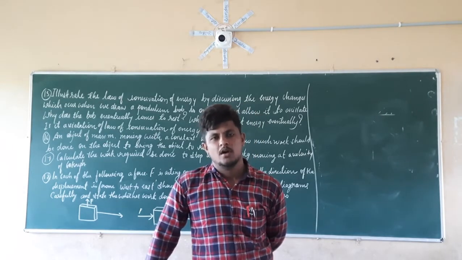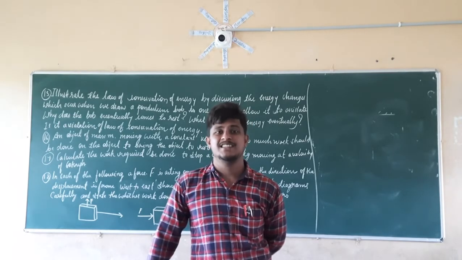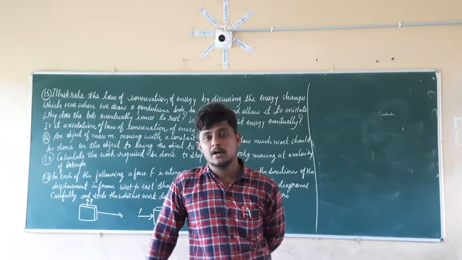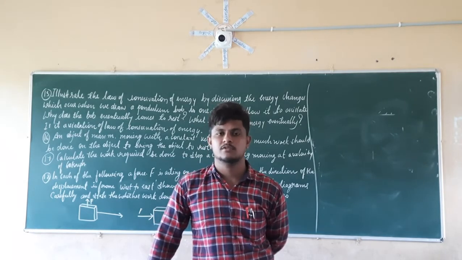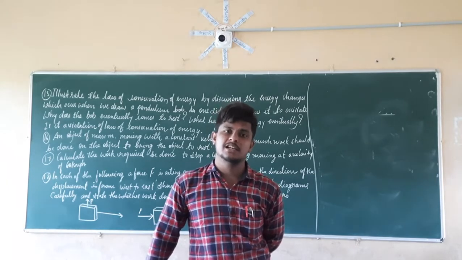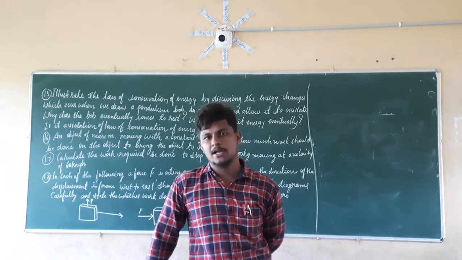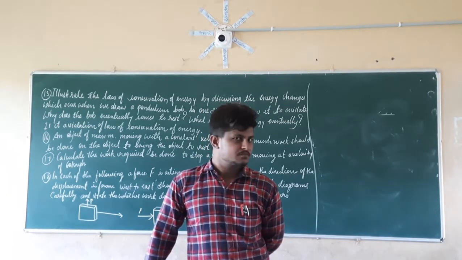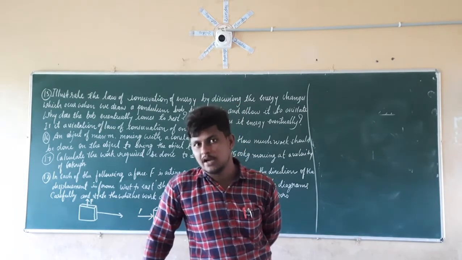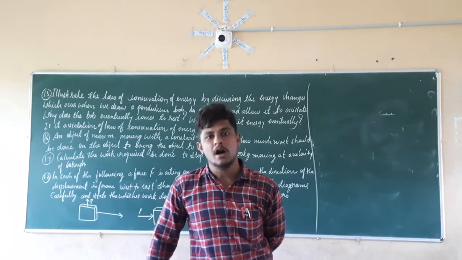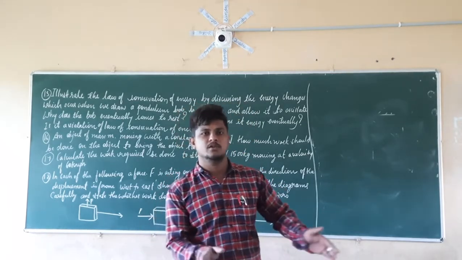Now, how much work should be done so that we are going to stop that object? We have to do work equal to the kinetic energy so that the object is going to stop. So we should apply a force which is equal in magnitude to stop the motion of the object. The force is equivalent to the amount of energy that object has, so that much energy we apply on that object, so that the net energy will be equal to 0. So that object is going to stop here.